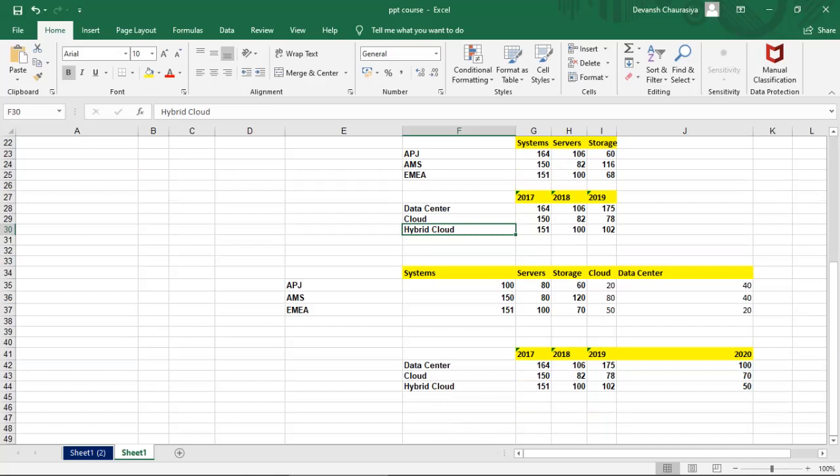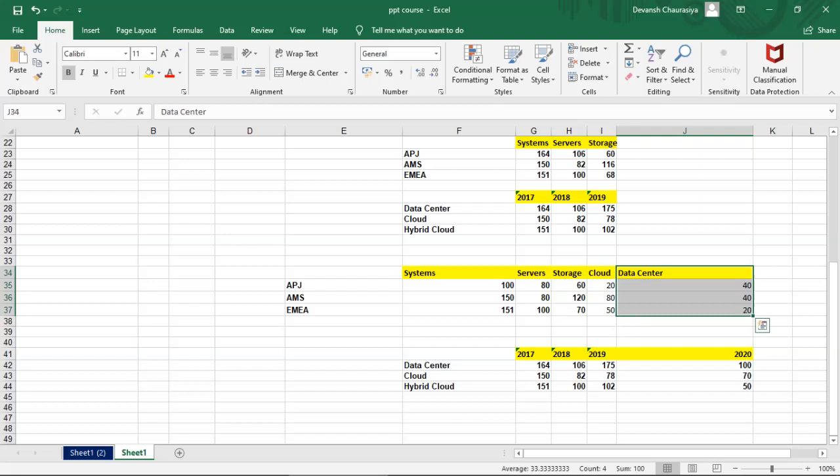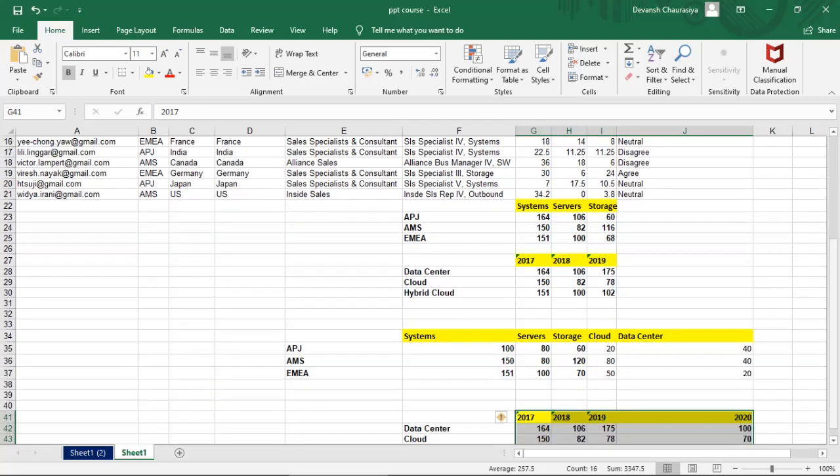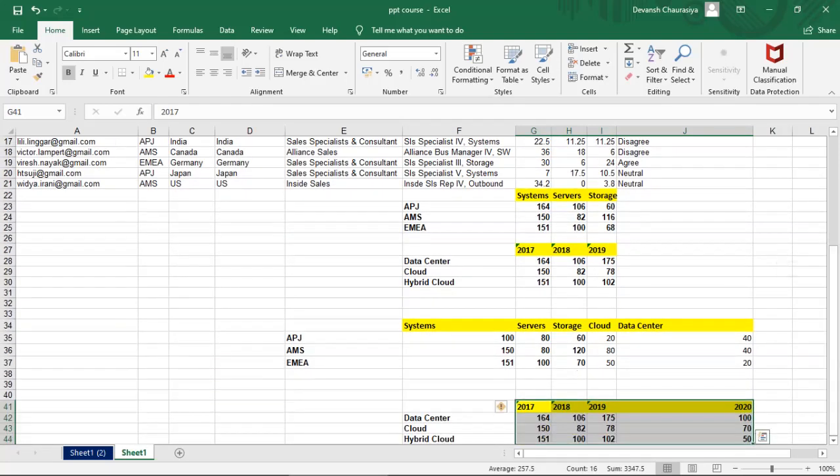And one data is how the sales look for again system, server, and storage, but storage here is divided into two parts: cloud storage and data center storage, which is on-premises. And a similar data on how much we are selling for data center, cloud, and hybrid in 17 to 20. We will be using this data set to create our charts.